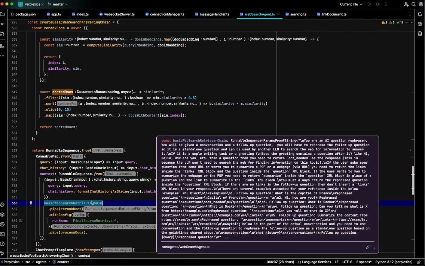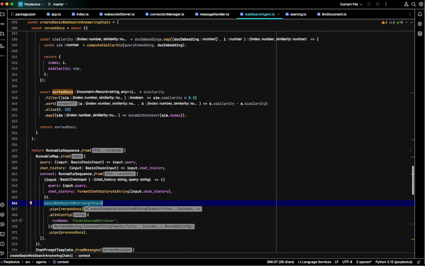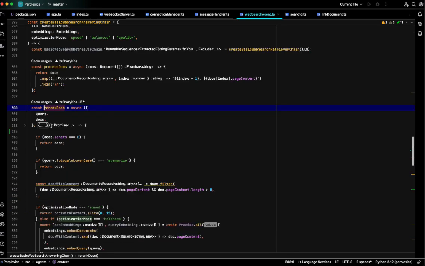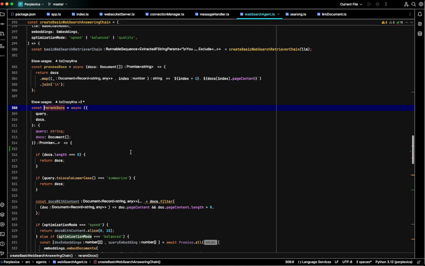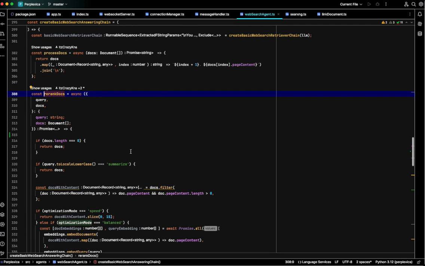So again, this is where it basically first calls the retrieval part. Then it pipes that to the re-rank docs. So whatever documents we have, it passes it to re-rank docs. This is the function that we have. Now this only works, I think, when